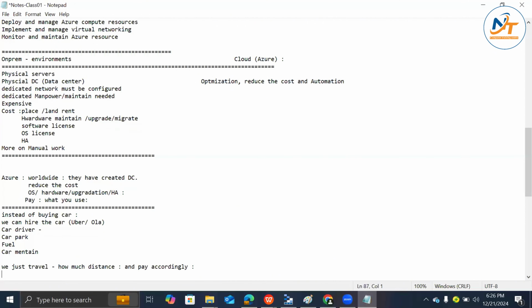Yes or no? So when you buy a car, obviously you would need a parking place, obviously you need a driver, or you can drive your own car, you need to have monthly fuel, you need to maintain it. But ultimately, whether you use it or not, you have to spend a lot of money, right? When you buy a car, the initial investment would be minimum more than 5 lakh, which is for the lowest model, or lowest features car. If you're buying, minimum 5 lakh Indian rupees for the investment, along with all the maintenance, it's an additional cost for you, right? But how much are you utilizing, how much are you using